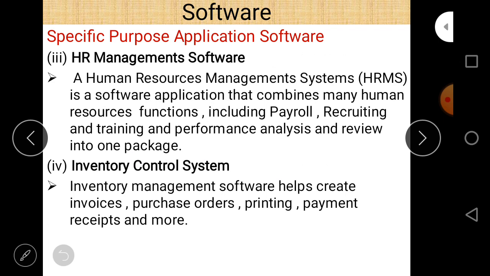Next is HR, which means human resource. A human resource management system, also called HRMS, is a software application that combines many human resources functions, including payroll, recruiting, training, and performance analysis and review. For this purpose, HR management software is used.